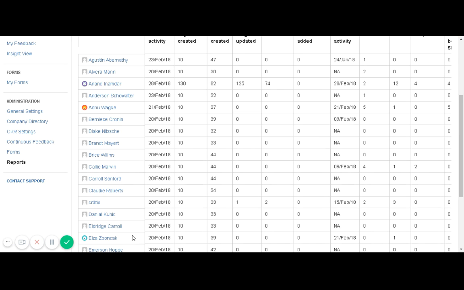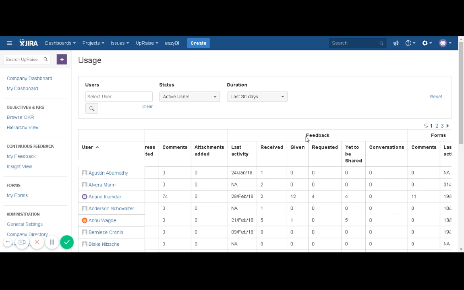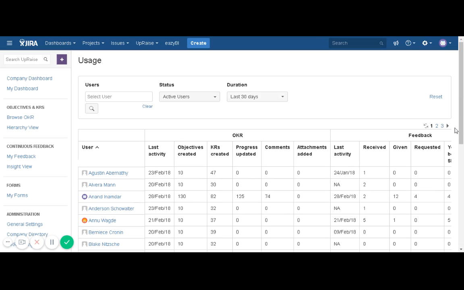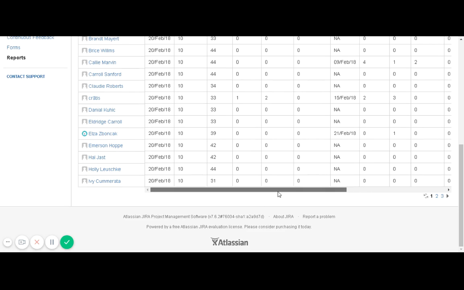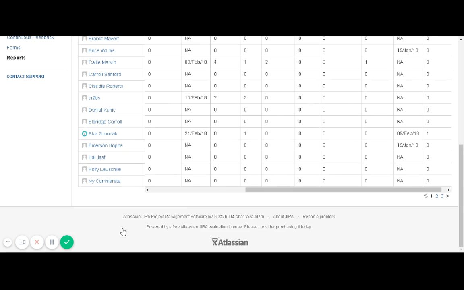and you will see one collective report for all the modules of UpRaise. So if you scroll a bit, you will see the data is for all the different modules. Previously, here you will see OKRs, then feedback, and at the last there is going to be forms option. So starting from OKRs,